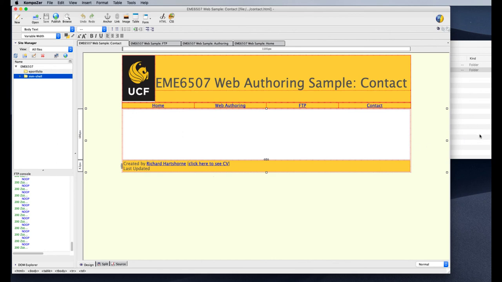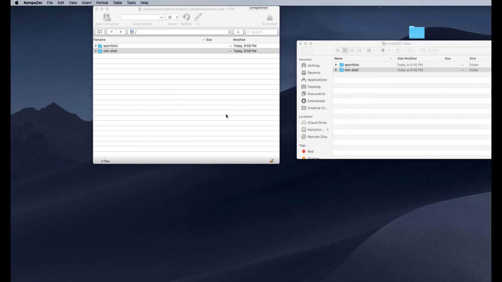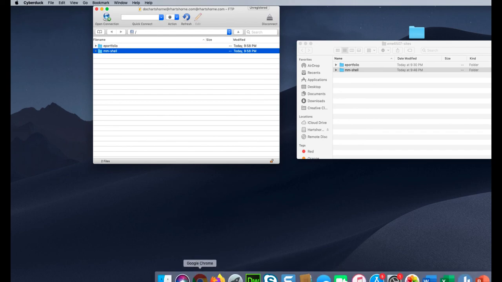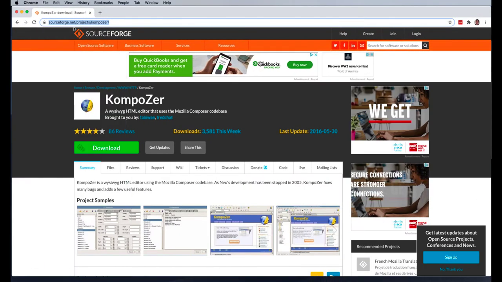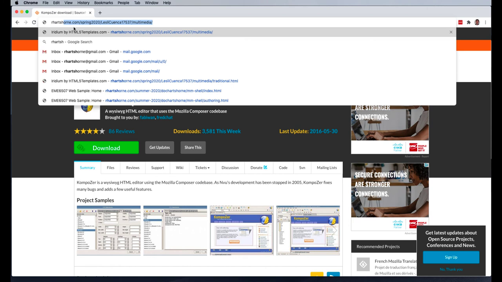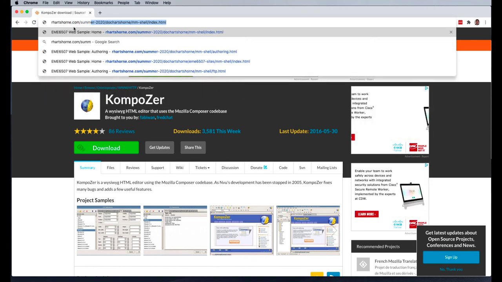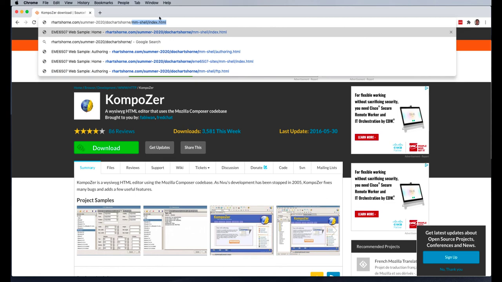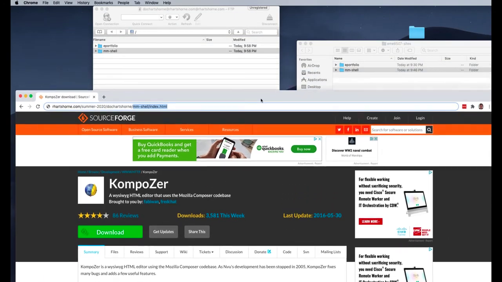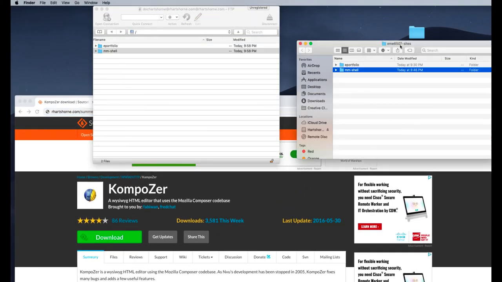So I really prefer to just use CyberDuck for this, just because it's a little easier for me to get that kind of feedback that I want. So now we're going to test our site again. So it's rhartshorn.com/summer-2020/DocHartshorn/. Now one of the things that I do want to highlight is Dreamweaver, like it had the 6507